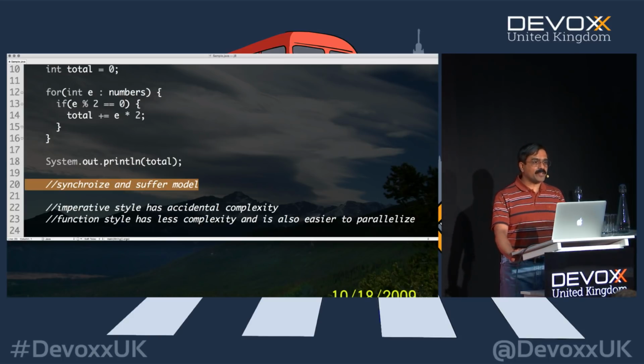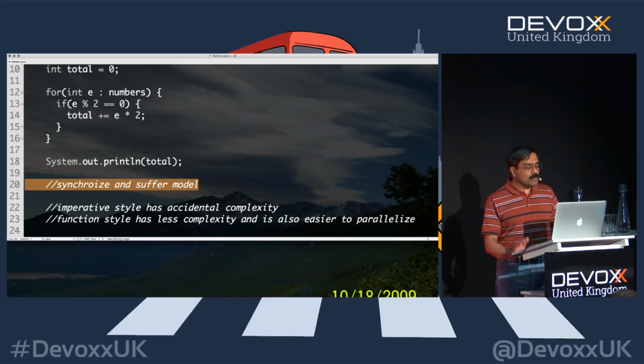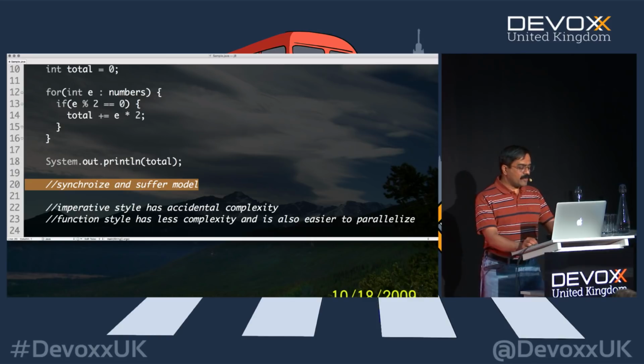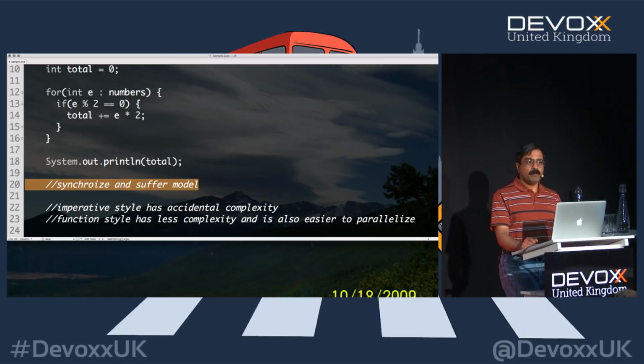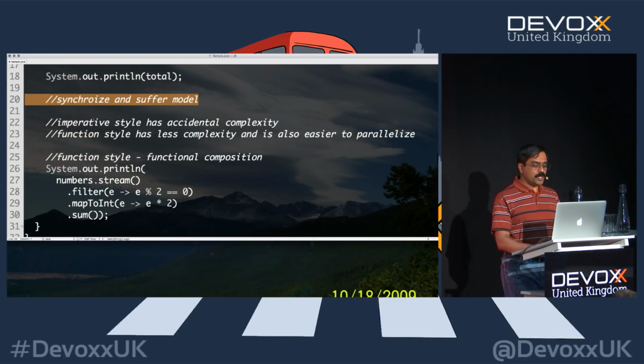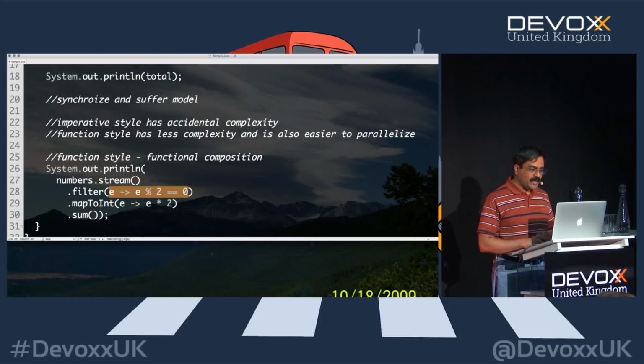And that's what happens. You start synchronizing and you start suffering after that, because it's incredibly difficult to really maintain code with all these locks and things you have to do, and that becomes no end of debugging, and while you're trying to squeeze out performance, it becomes enormously complex. On the other hand, the beauty of the functional style of programming is that you're honoring some good functional programming principles, which is to write functions that are actually pure. So because lambdas are expected to be pure functions, we can parallelize this code very effectively. That's one of the biggest benefits we're going to get out of this.